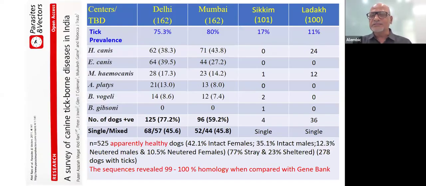Then I had discussed one particular survey which was carried out, and let me tell you that this is by far the largest survey carried out in India till date. In that, about 525 blood samples were examined, subjected to the conventional methods, that is thin blood smear and Buffy coat method, as well as a PCR technique. The results are in front of you in the table. And what I emphasized last time